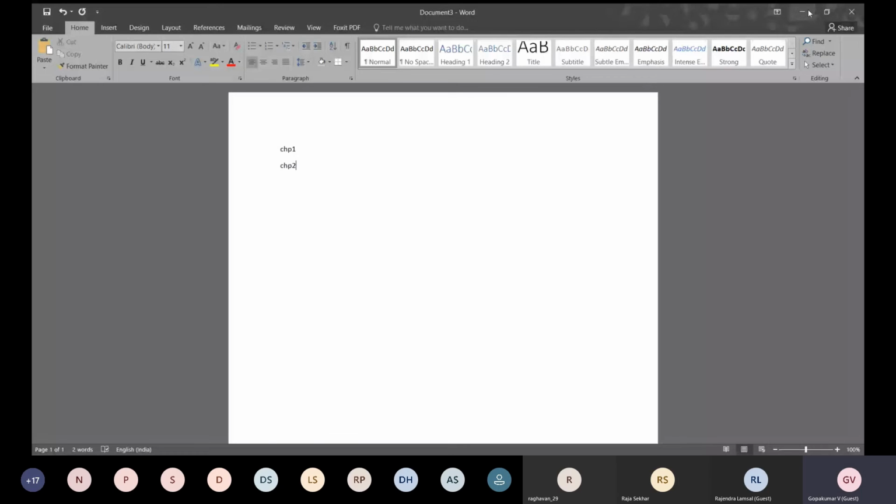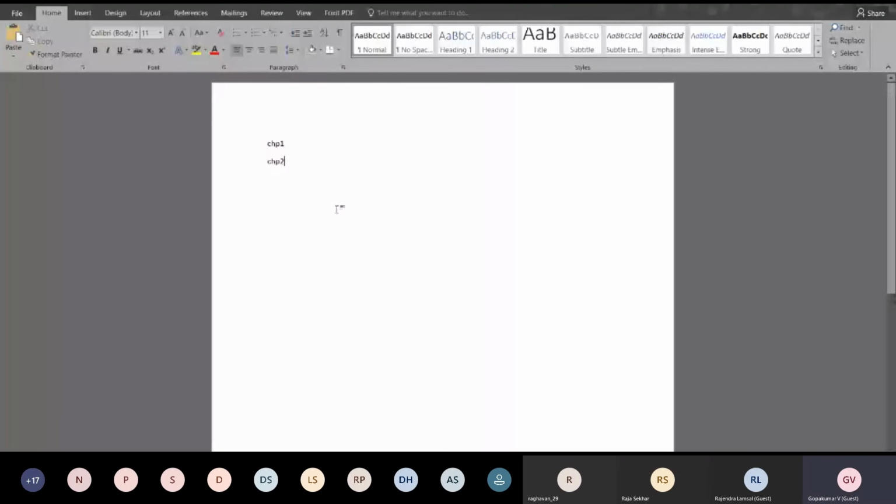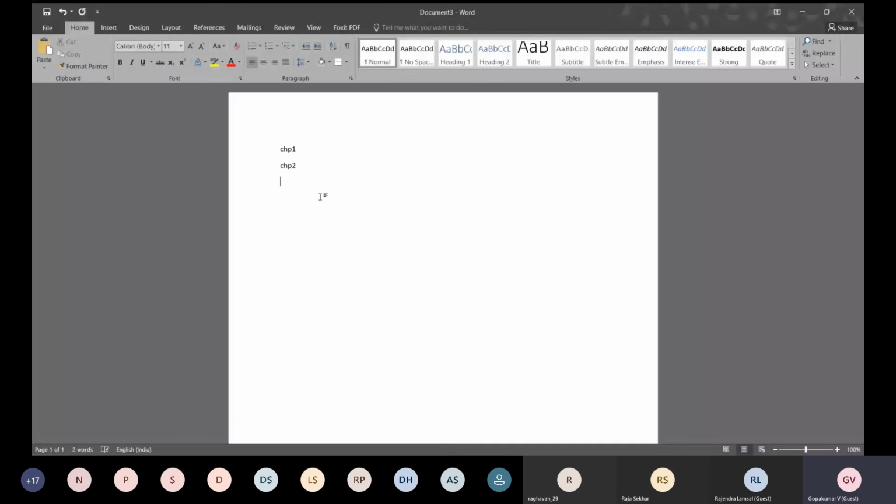So here I am showing again. I will just copy the address of the file here. Paste. So this is the address. You can see here. I will just magnify it. See, this is it. C:\users\gopakumar\desktop. What does it mean? The file is available on the desktop under the folder Gopakumar, under the folder users, under C drive. This is what it is.